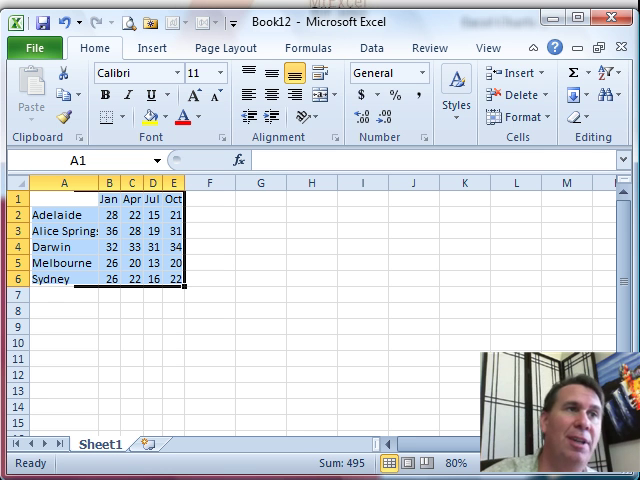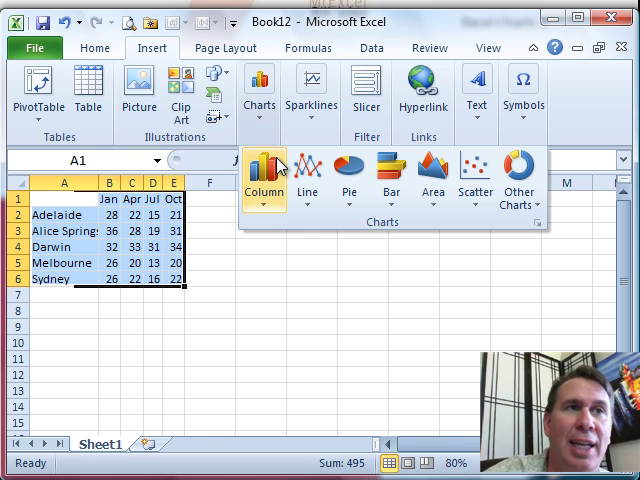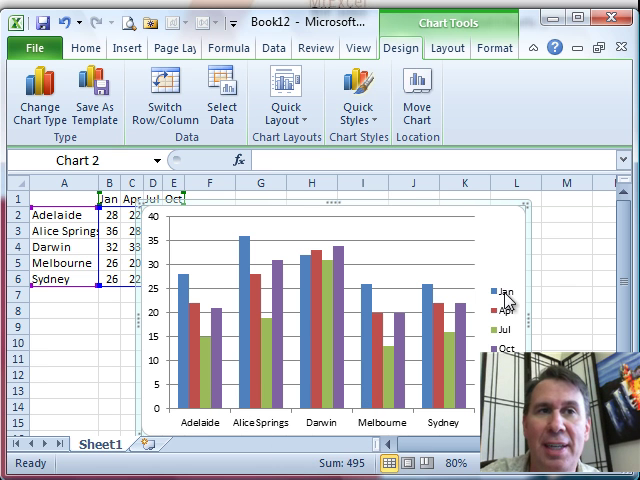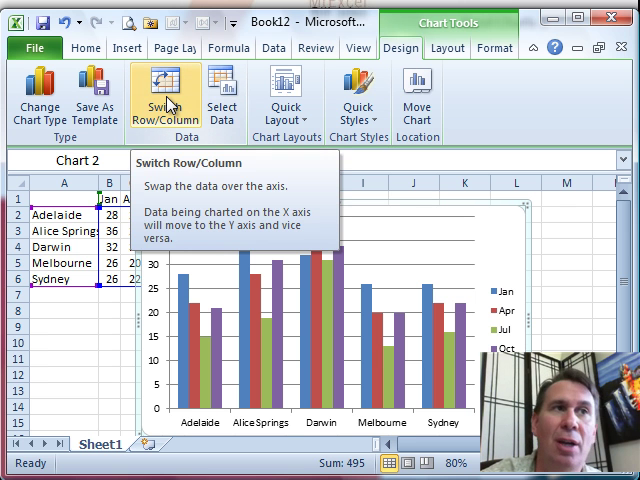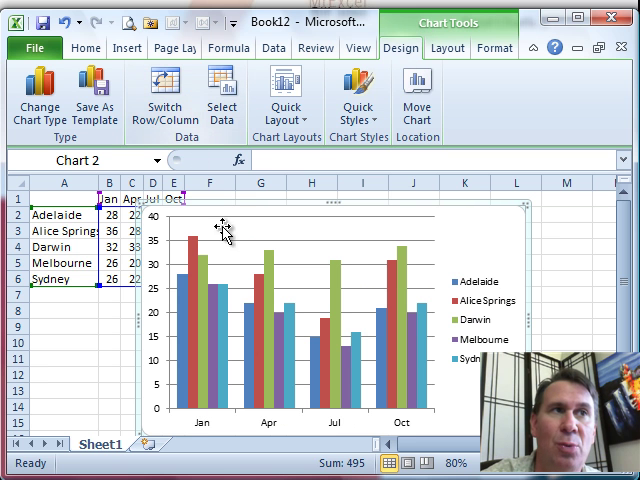So we're talking about when we're creating charts and we need to change the data that's in the chart. So I'm going to create a 2D column chart here. And the first thing you see is that Excel decides, because there's 5 cities and 4 months, that they're going to put the cities across the bottom. And that's not what I want. I want to have the cities over here in the legend. So that's really easy to do with the switch row column. So this is on the Chart Tools Design. We choose switch row column, and that gets the cities over in the legend,